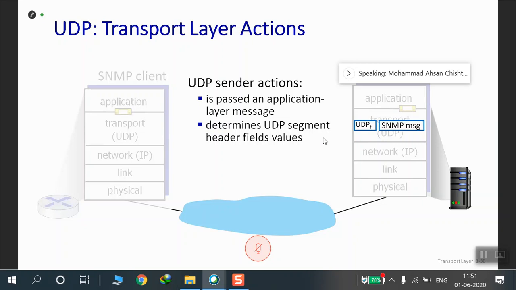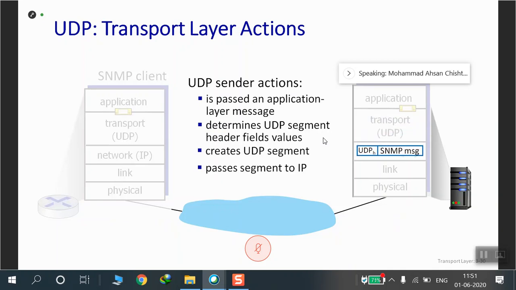And what would be within it? The 4 fields which we just now took, of 2 bytes each: the source port number, the destination port number, the length, and the checksum. And it's added to the message. It's passed on to the network layer, that is IP here. IP passes on to the data link, which passes on to the physical link. Physical link passes on to the actual link that connects the IP cloud to the source as well as the destination. It's routed across, and the SNMP client,